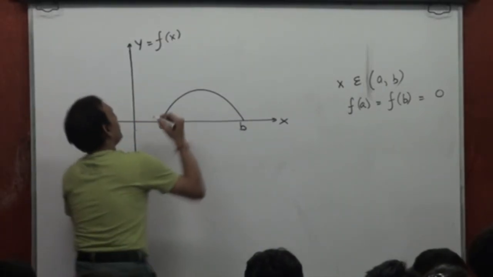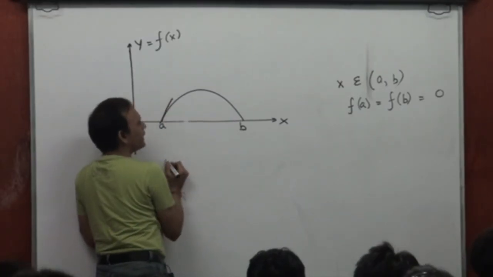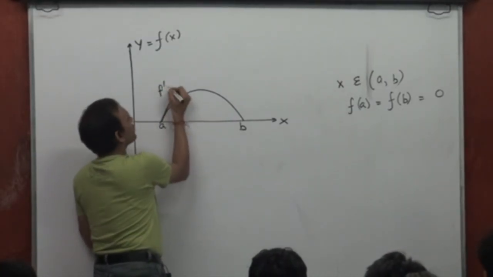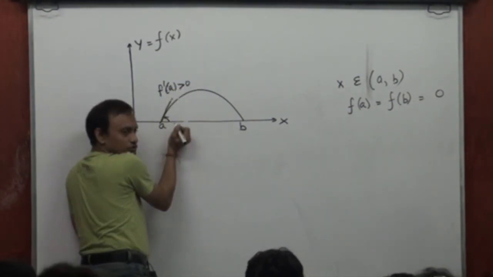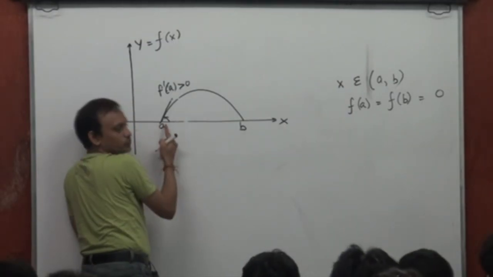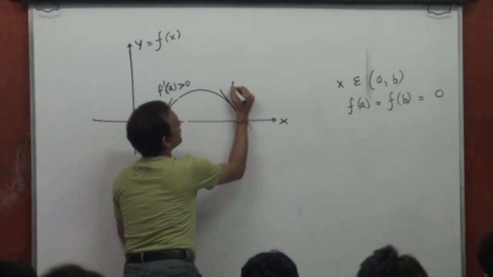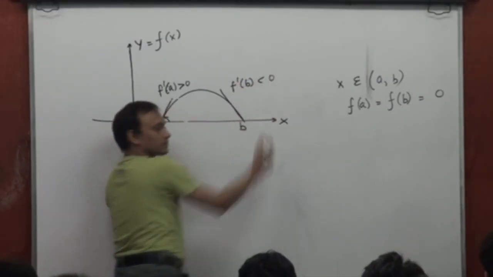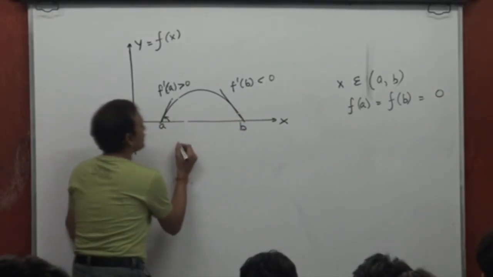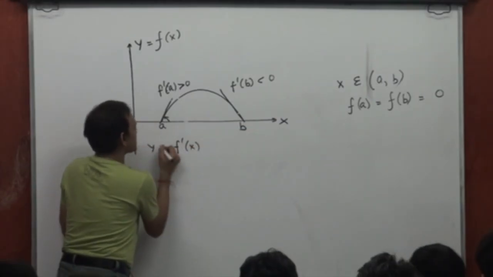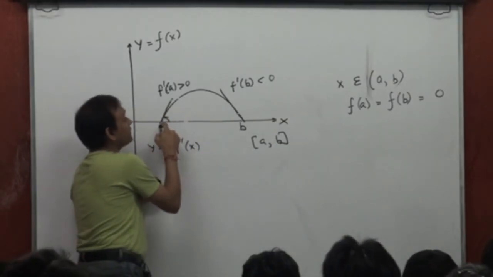Now, look at the derivative function. At x equal to a, f dash a, as you can see from the graph, is positive because this theta is acute, right? The derivative at x equal to a is positive. Look at the derivative at x equal to b, f dash b. That's less than 0 because this angle is obtuse, which means if I look at the function y equal to f dash x, then in the interval a to b, f dash x changes from positive to negative,